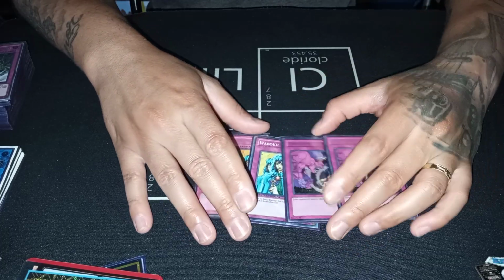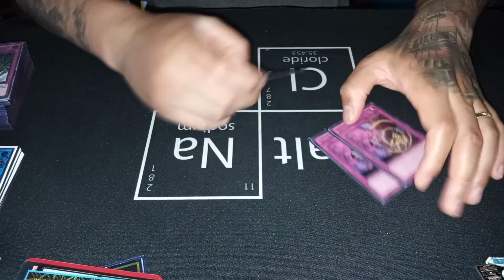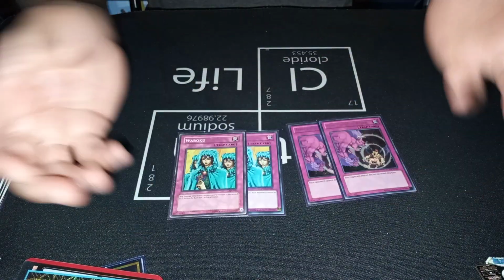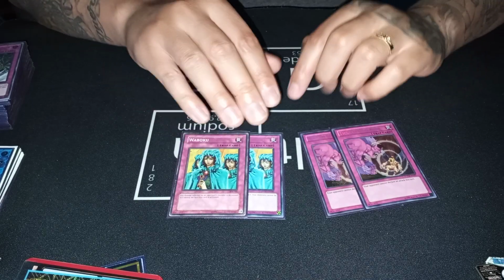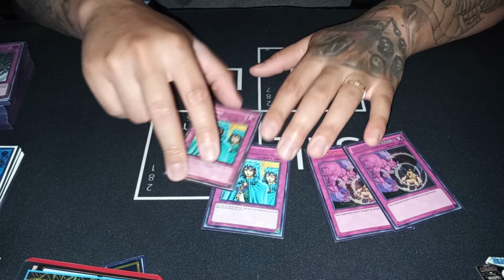They're a lot harder to play around. In fact, there's just no way that your opponent can play around these. You can activate these in their draw phase, and there's nothing they can do except maybe reboot. But these cards are so free. These are like the FTK of the deck, because what you want to do is just set up your Paleos